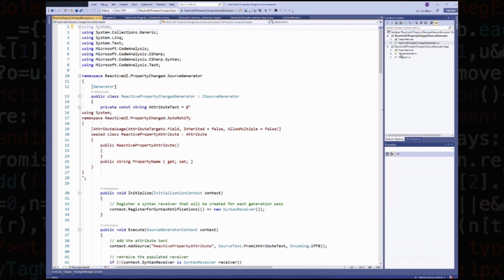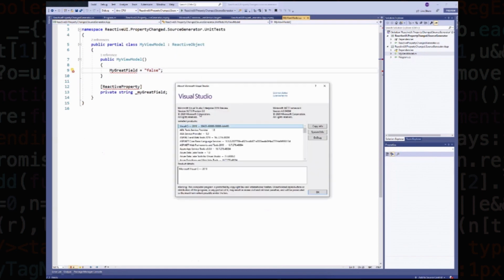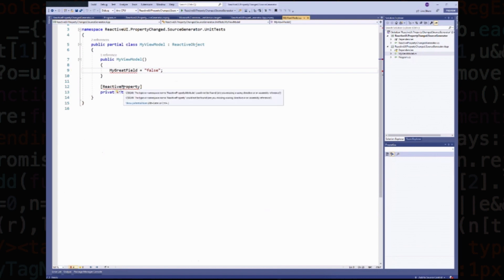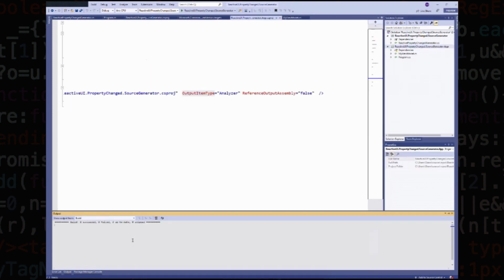So there's a problem with the latest Visual Studio. This was actually working well with preview 1 of this version. 16.7.0 preview 1 actually was working fine with these analyzers. I've upgraded to the 2 version, and it's showing you IntelliSense errors, even though this is working correctly. So if we compile this code now, it's working great. But